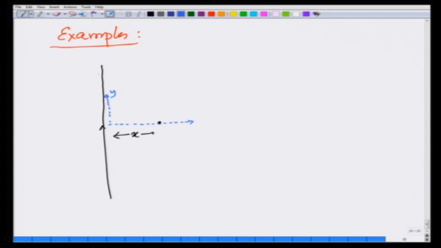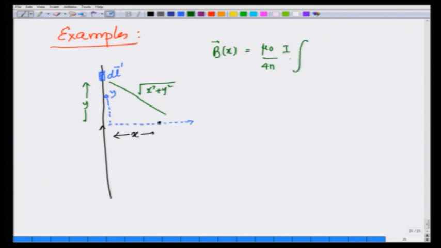If I take a small element dl prime, this distance from x is going to be, and this is at distance y, the square root of x square plus y square. So, B at x vector is going to be mu 0 over 4 pi, I is outside, dl prime cross r minus r prime over r minus r prime cubed,